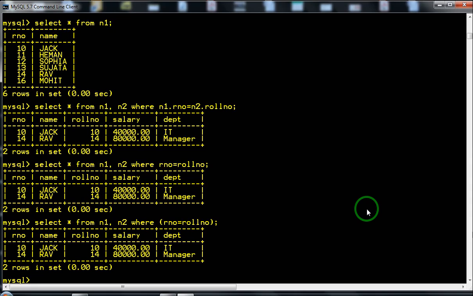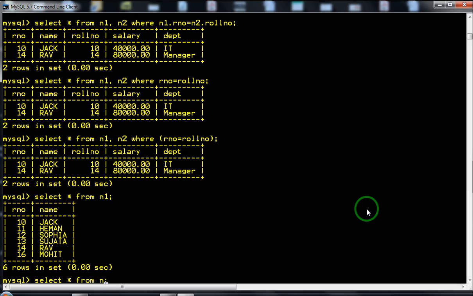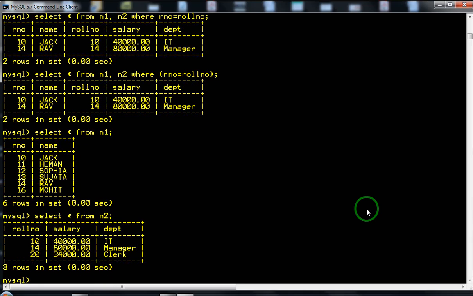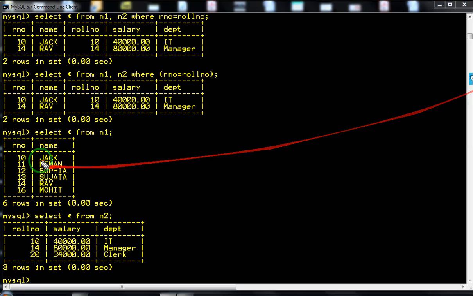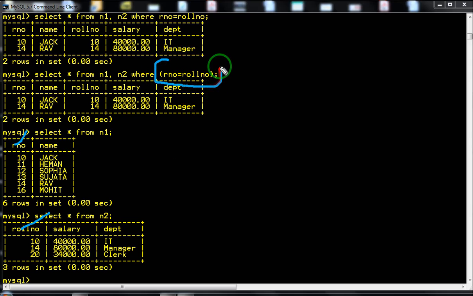But if the names of the columns are different, here it is R number in N1 and here it is roll number, the names of the fields are different. Since the names of the fields are different, we can directly use the name of the field to compare the columns and do an equijoin.